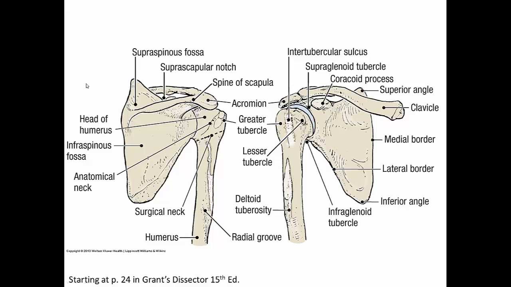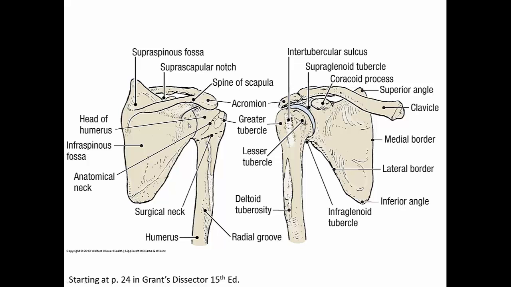Before we start our dissection, I would strongly recommend reviewing the bony anatomy of the scapular region on a skeleton in lab. Up here, from posteriorly, we have the supraspinous and infraspinous fossae. Separating them is the spine of the scapula. This protrusion is the acromion. You can see it both on the left side here, which is the posterior view, and anteriorly on the right